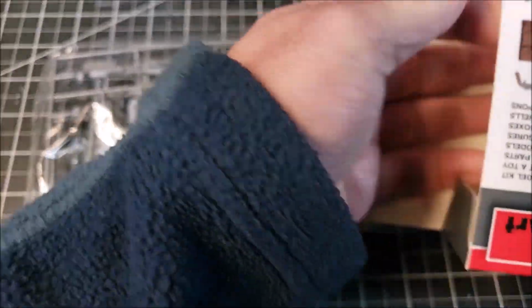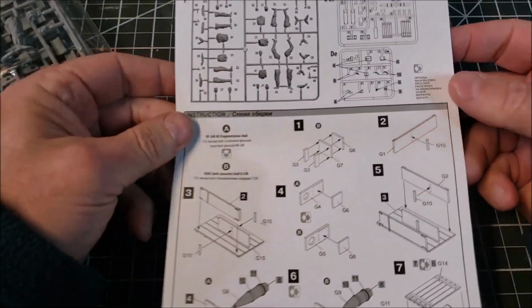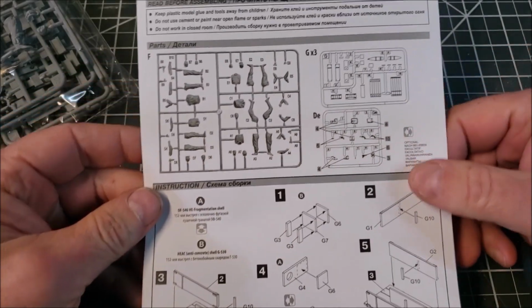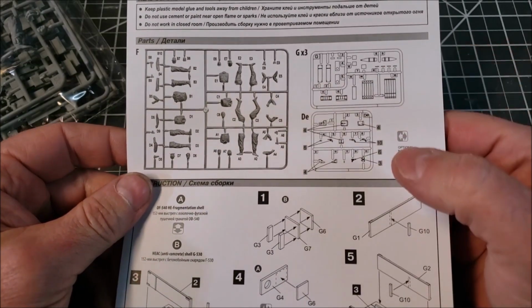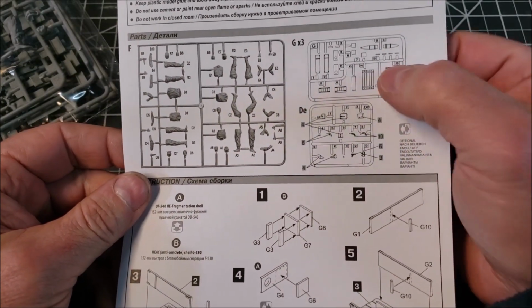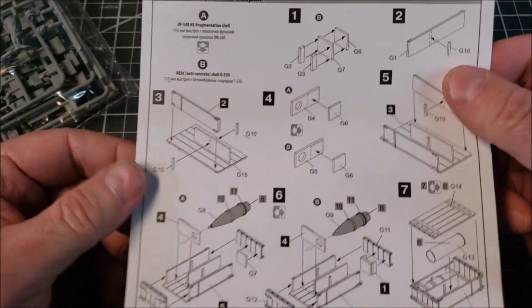So as with all the MiniArt, they come in one box and you get one bag. So this is kind of cool. You get the sprues, X sprue, G, DE. So you get 3 of these. You get 1 of those, and you get 1 of those. And then